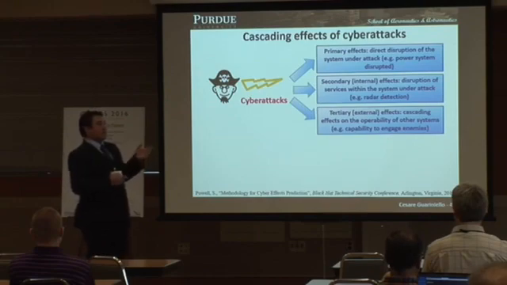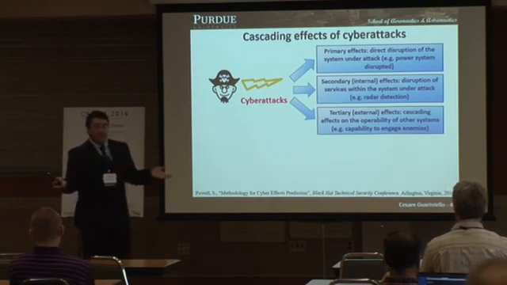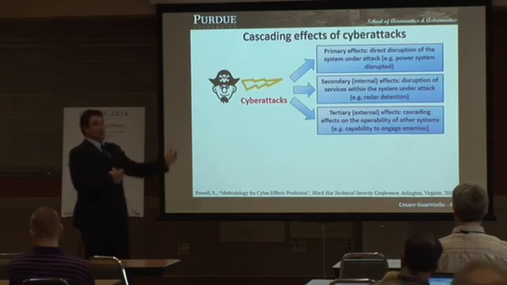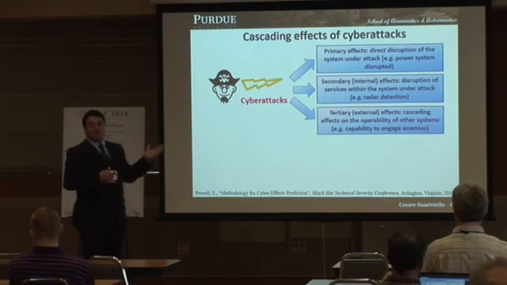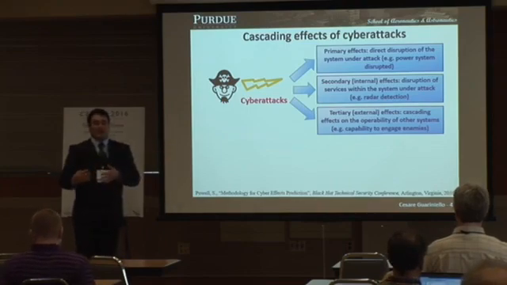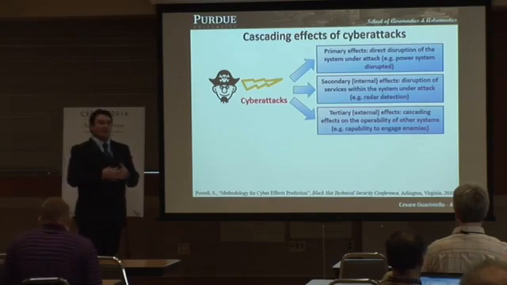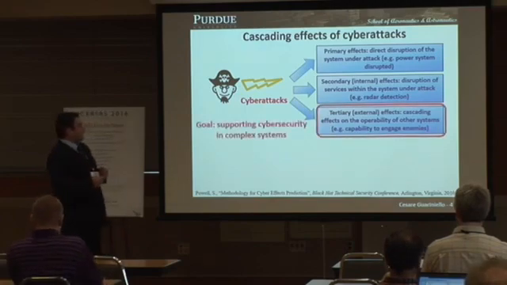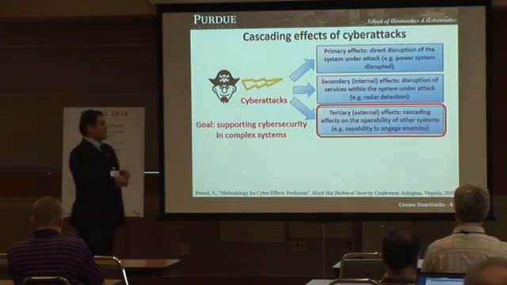So what it means is that in a complex system, and actually it happens every day, we can accept some attacks if they do not cause too much disruption. And what I'm trying to do with this application is quantify what it means to be too much, and how we can actually compute and quantify this tertiary impact. So our goal in supporting cybersecurity in complex systems and systems of systems is addressing these tertiary effects.